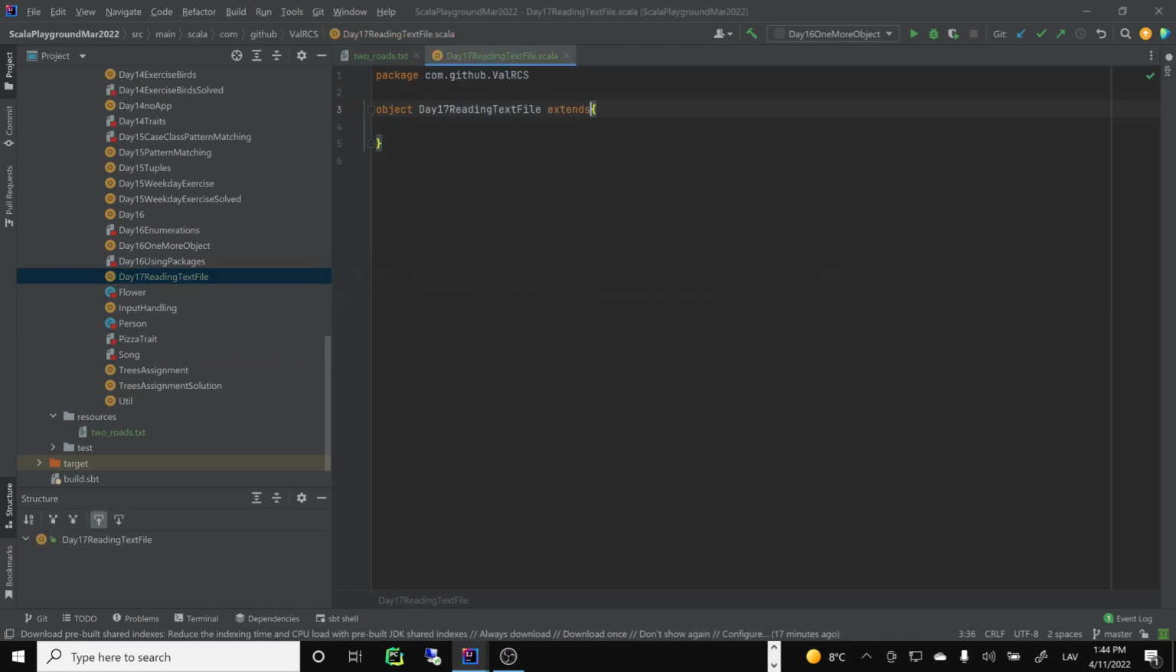Right, notice our object extends App, right? We will try to read, println, reading. Let's read some text files. Okay, right, and so we'll need a path, of course. We'll need to pass it, but let's see